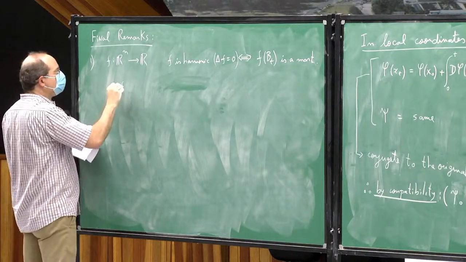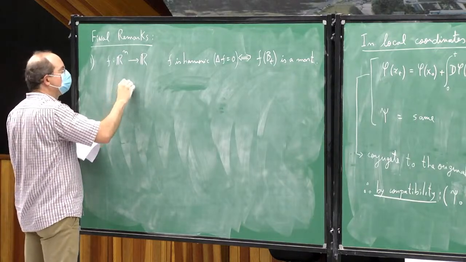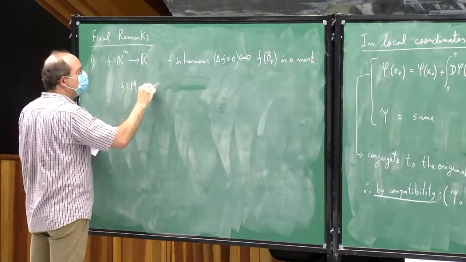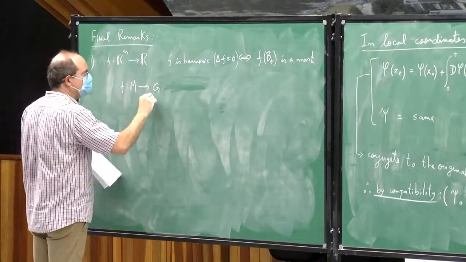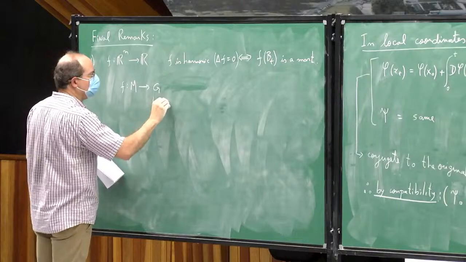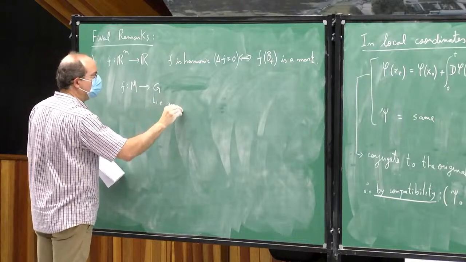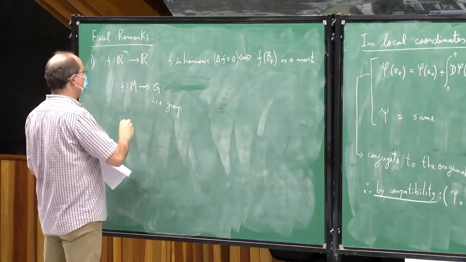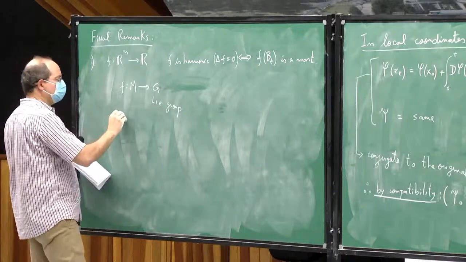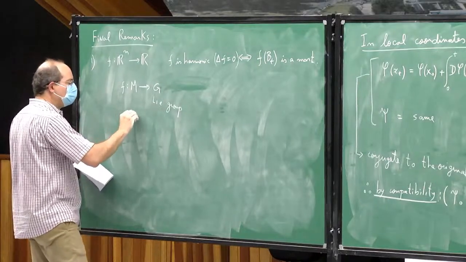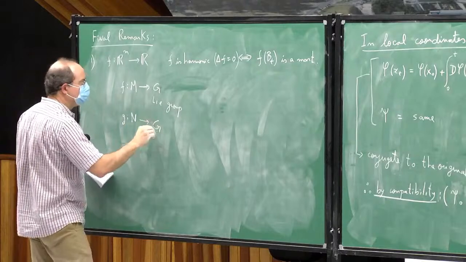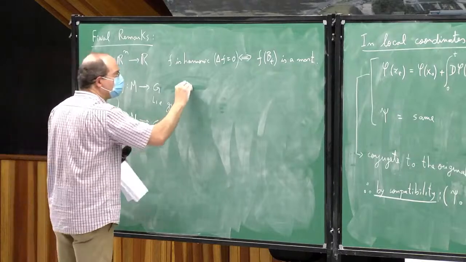So if we have f from a manifold M into a Lie group G, and g from another manifold going to the same Lie group, and they are both harmonic,